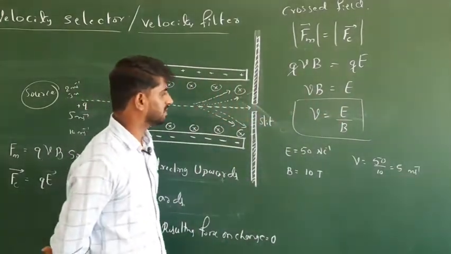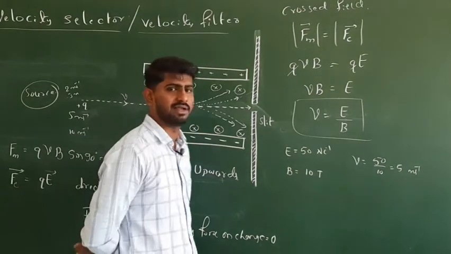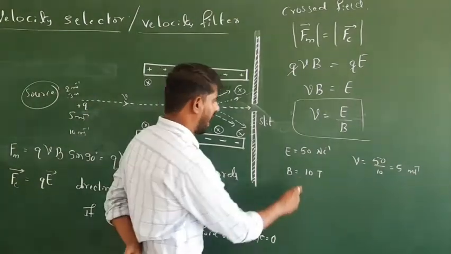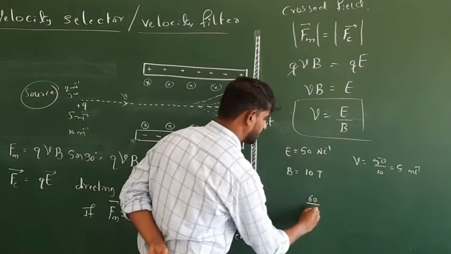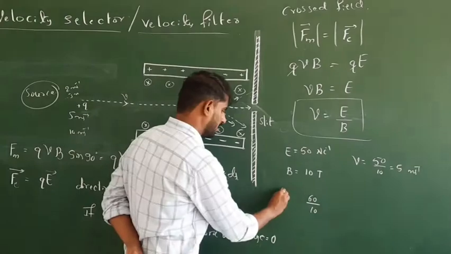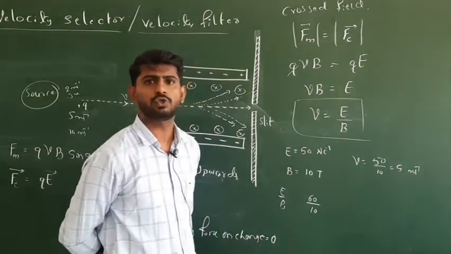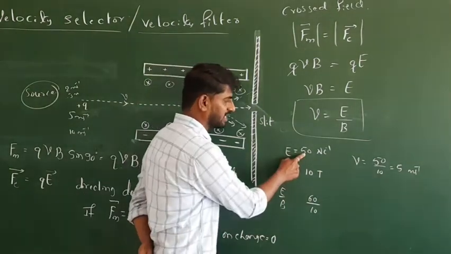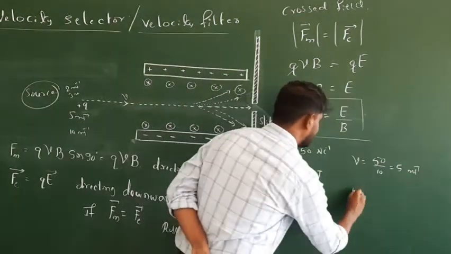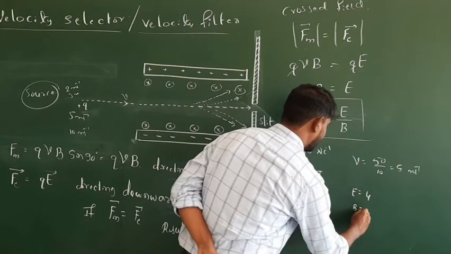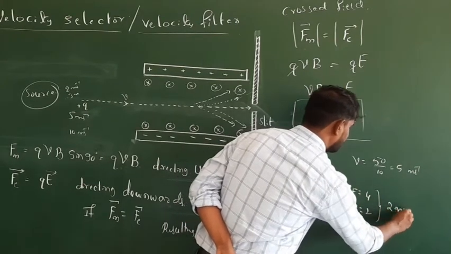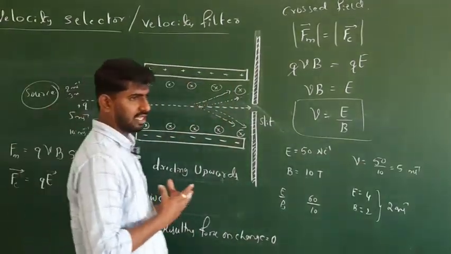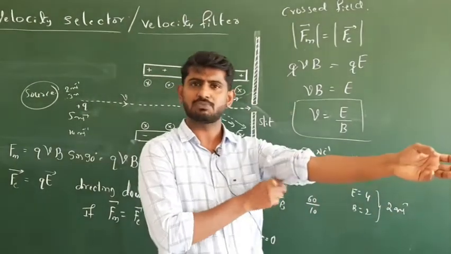Okay, so if you want to get the velocity of 6 meter per second, what I do, I increase the electric field to 60, magnetic field 10. Okay, so if I want 2 meter per second velocity, I take it as 20 and this as 10. Or I may take this electric field as 4 and the magnetic field as 2. I can get the velocity 2 meter per second. Is it clear? Okay, so why is it called velocity selector? Because we can choose the charged particle with a